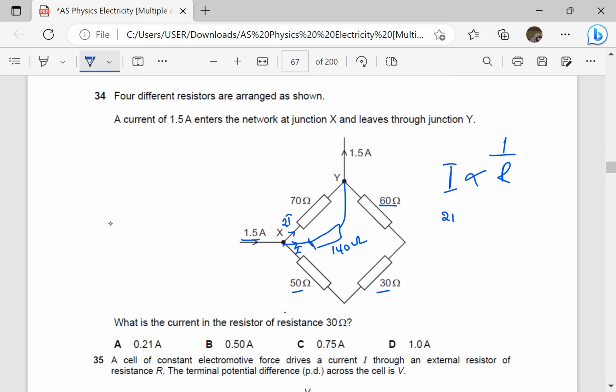So I'll say 2I plus I is going to be equal to 1.5. I is the current going this side. So you must have been able to notice that the total sum of the resistances down here is twice the resistance up there. And then using Kirchhoff's first law, we come up with the fact that the current here,